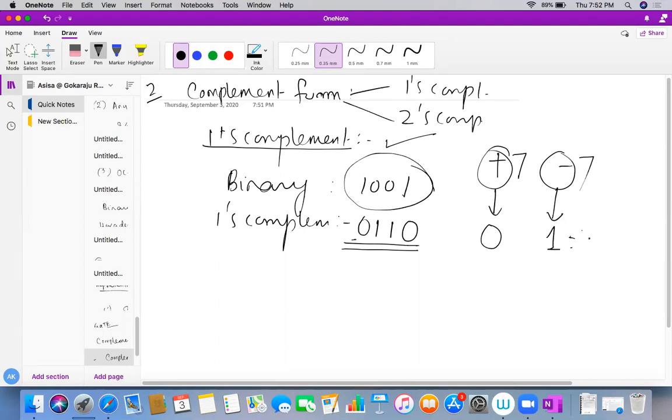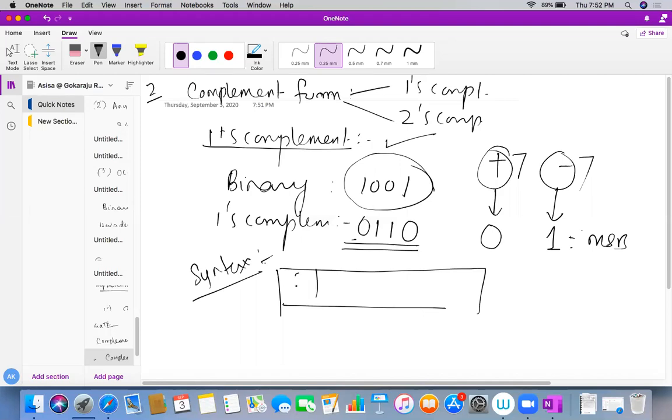Apart from that, there is a syntax to represent signed magnitudes using the 1s complement technique. The syntax is: this is your sign bit, and this is the 1s complement of the actual binary.